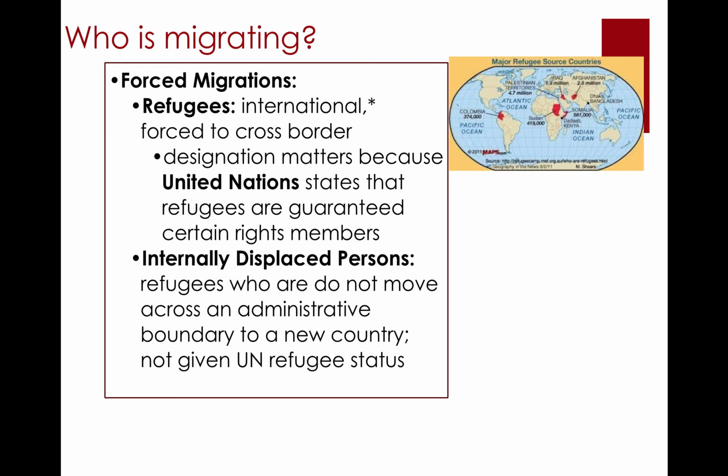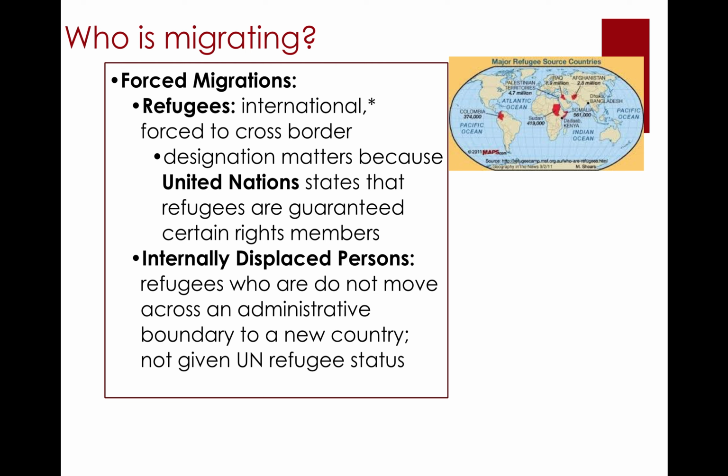So the United States has an international agreement. Anyone who's part of the United Nations agrees to the provisions, the regulations of the United Nations. These are not necessarily enforceable, but this is the point of a peacekeeping organization, for people to follow this. So the status of refugee matters because, if you're a member of a UN country, by this UN agreement, this resolution, then if your country has refugees coming to it,